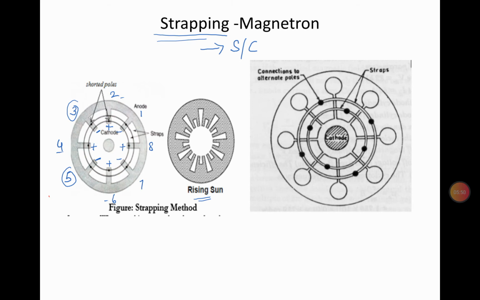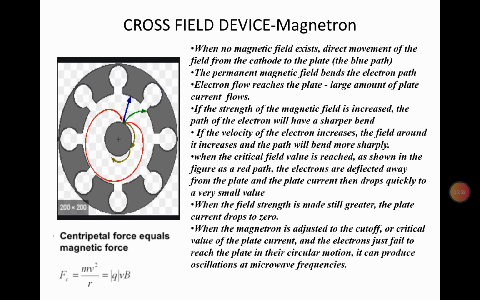Okay. Now, to understand the operation of a magnetron as an oscillator, I told you initially there are three fields which are interacting. There is a DC electric field, there is a DC magnetic field, and the RF field which is generated by the resonant cavities. Now it's difficult for us to understand with all of them together. So let us take one at a time using superposition theorem and understand.